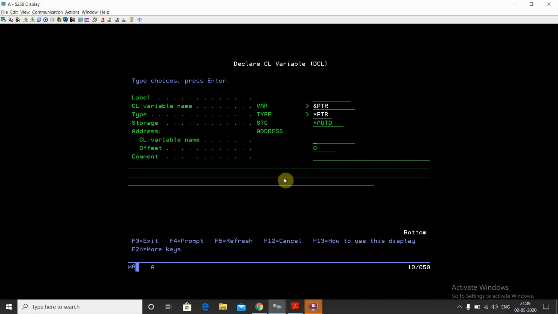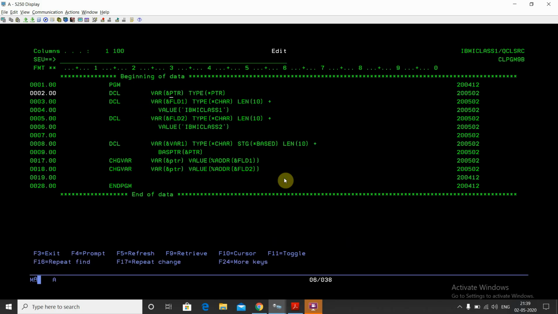This pointer variable will be holding the address of another variable. Now there are two variables, field1 and field2, of character type of length 10, whose values are IBMI class 1 and IBMI class 2.